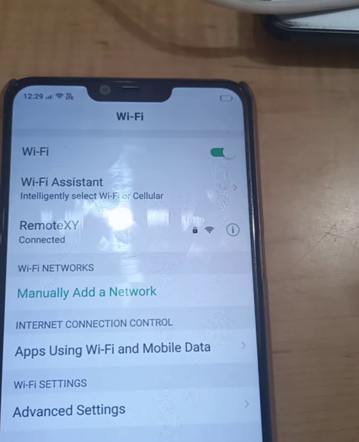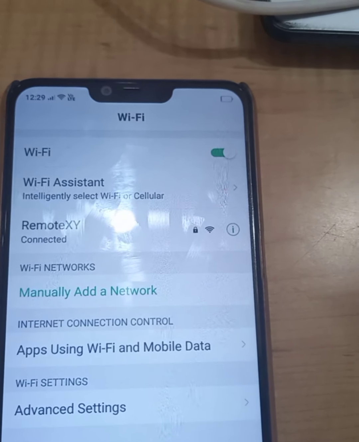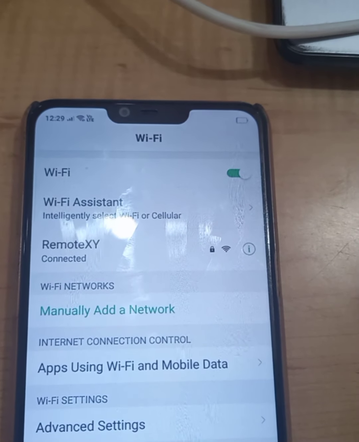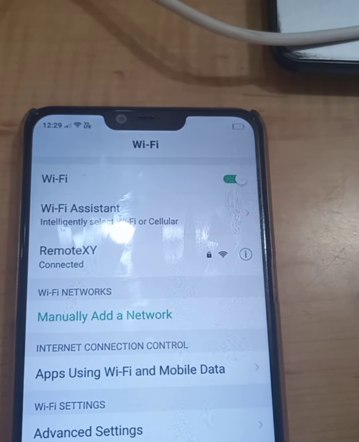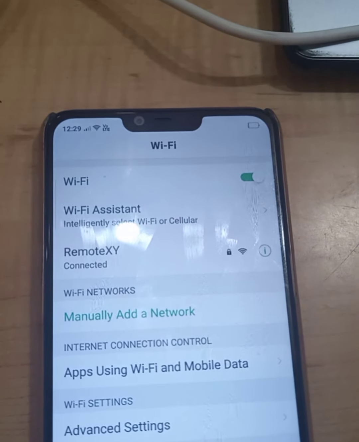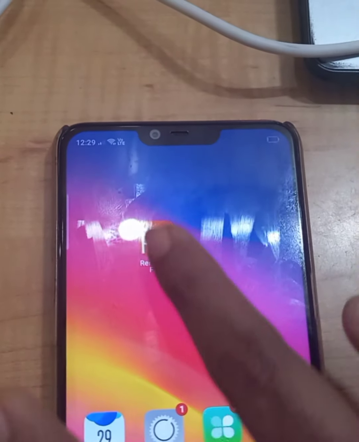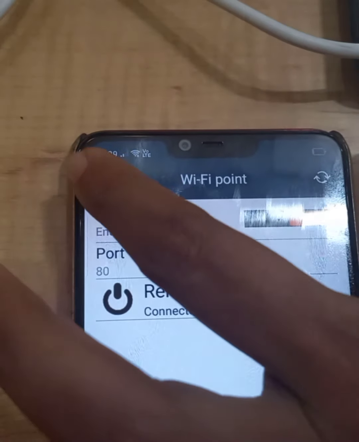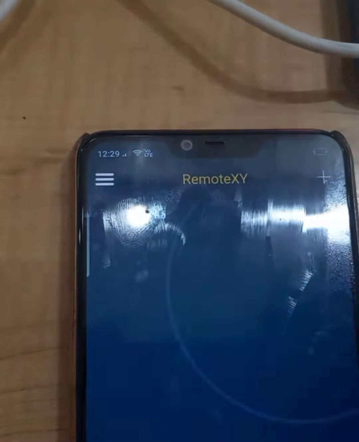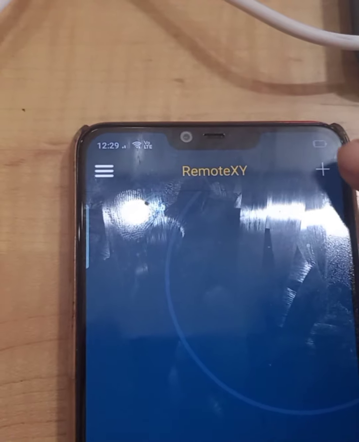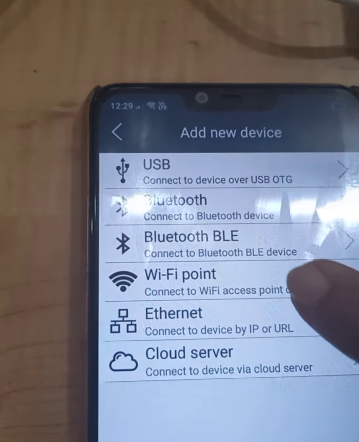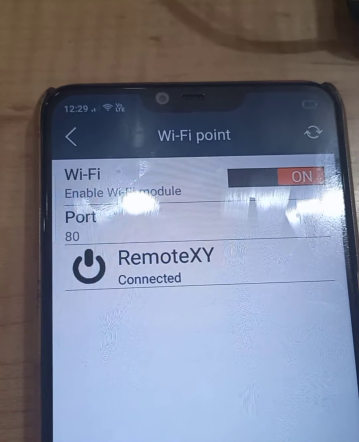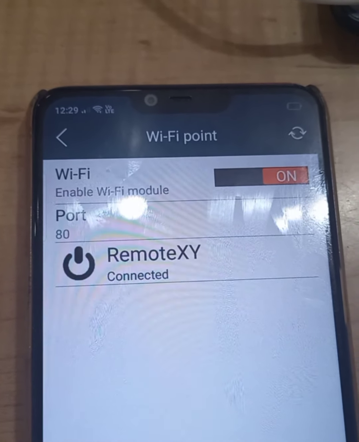So here we can conclude that the ESP8266 we have configured as a Wi-Fi. Using remote XY, we have already created one app. In this remote XY you need to add the network. So in remote XY I am going to add the Wi-Fi point as my network. Here also you can see that remote XY is now connected.